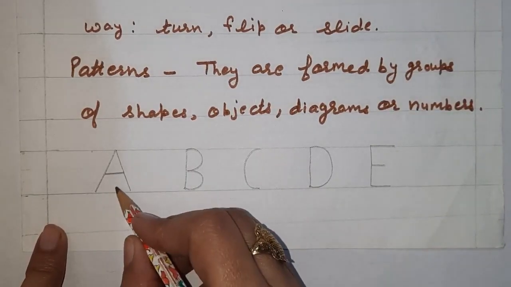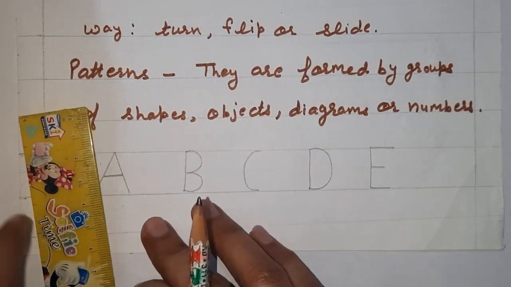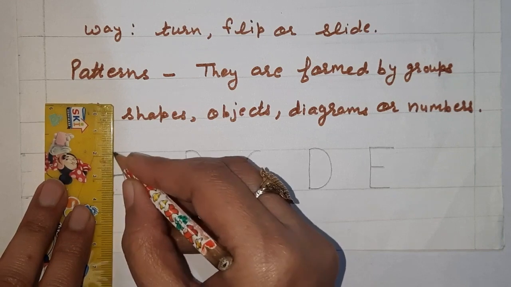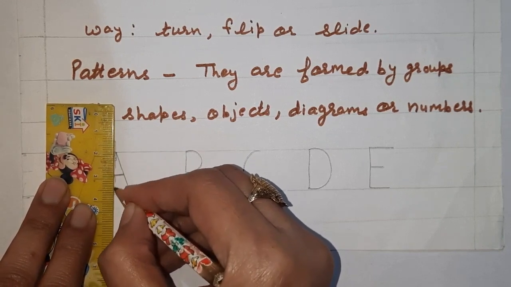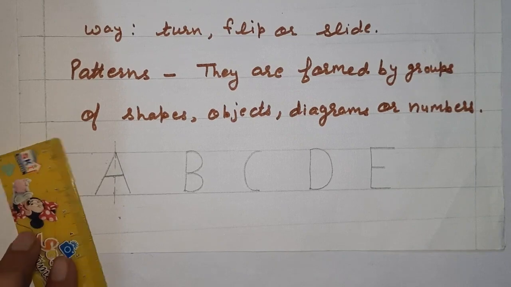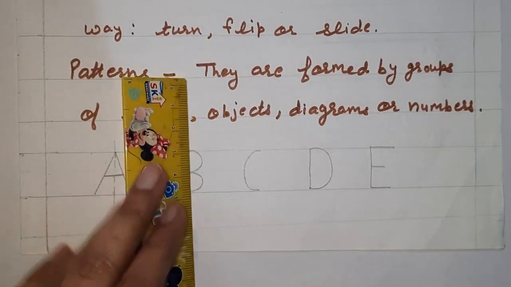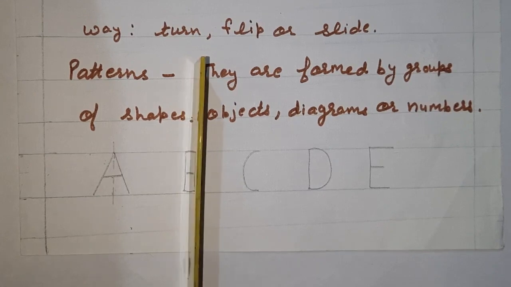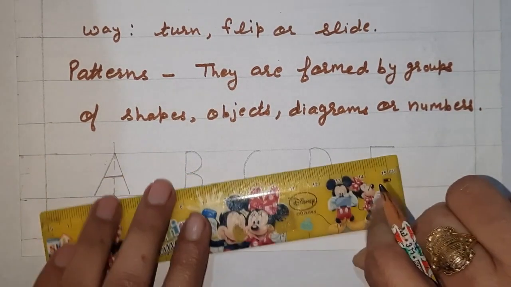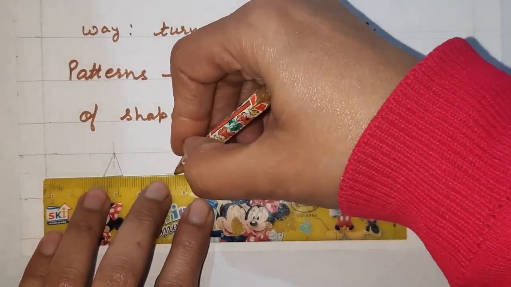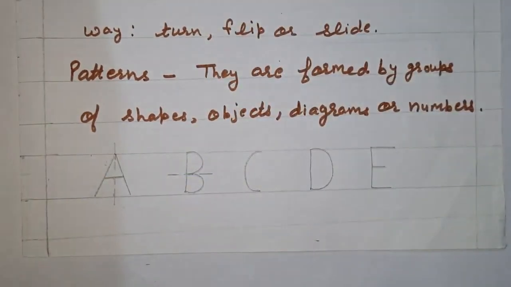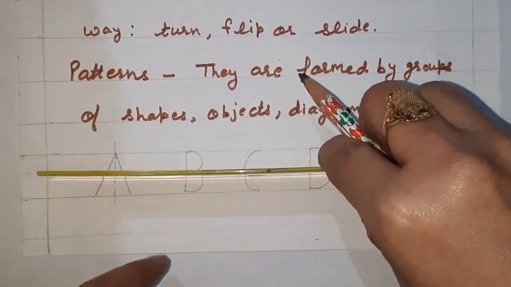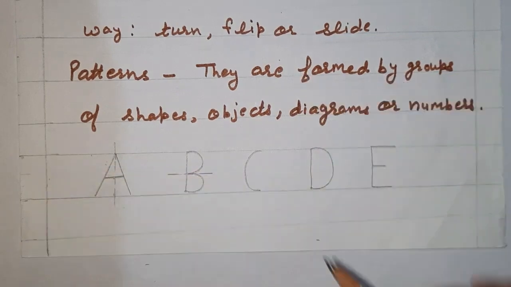Now look here. The letter A has 1 line of symmetry, from this corner downwards, a vertical line of symmetry. B. B has no vertical line of symmetry. Look here. A vertical line of symmetry is not there. The figure is not dividing into 2 equal parts. But there is a horizontal line of symmetry. With the horizontal line the figure is dividing into 2 equal parts. Both sides are the same type of figure.